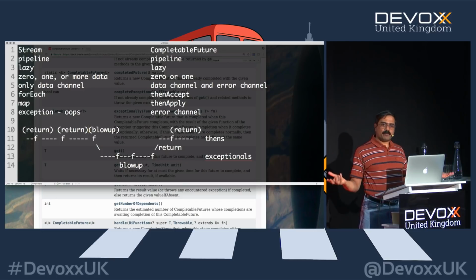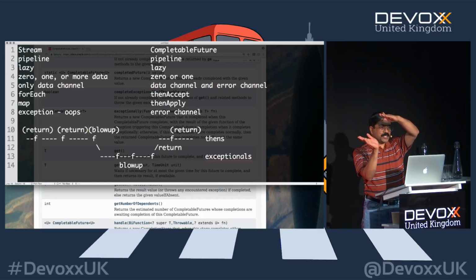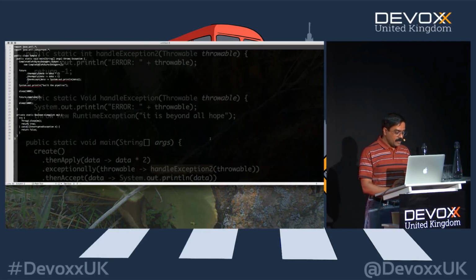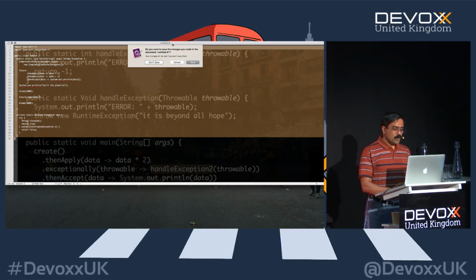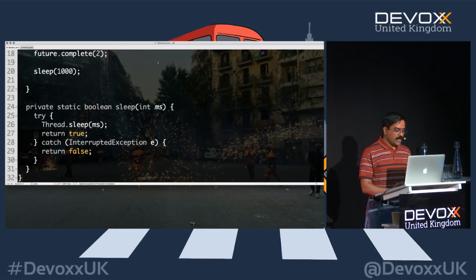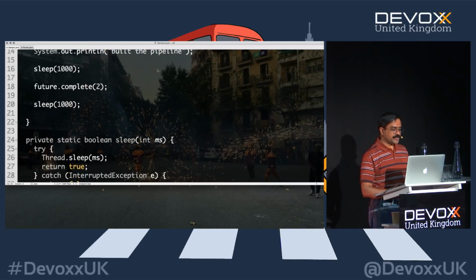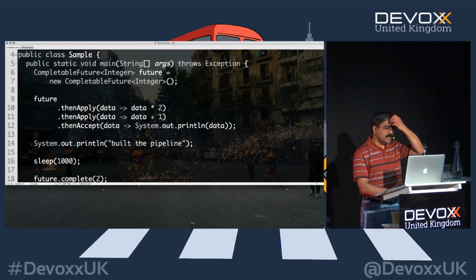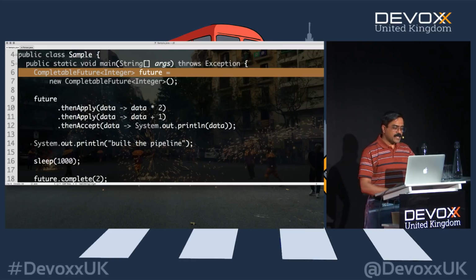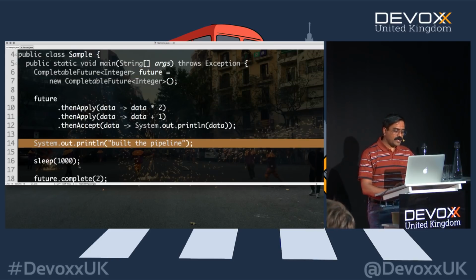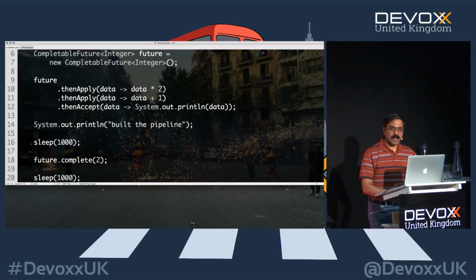So when you build your pipeline, you're going to build it with the pair of functions, the then functions versus exception functions, and then you carry through. So far, so good? Well, let's switch over to our previous example, the one I had created earlier, where we created a pipeline and we are working through it. So what am I doing in this example? Well, we created a future, and then we said then apply, then accept, and then, of course, we built a pipeline, and then we come here and say complete with the 2.